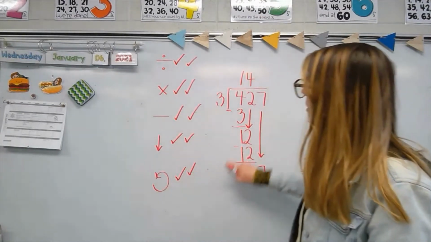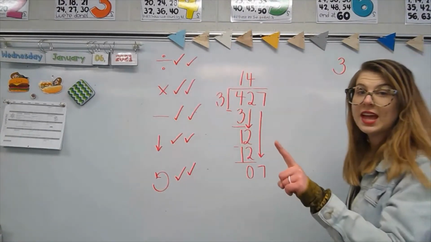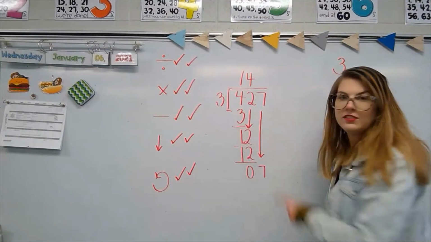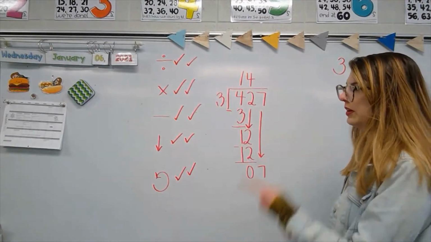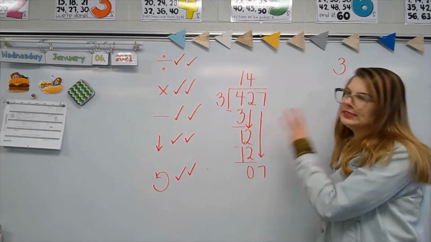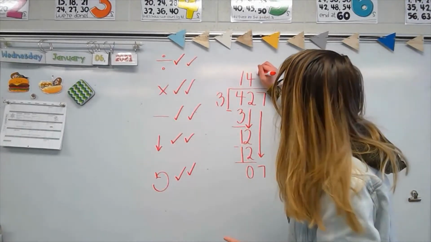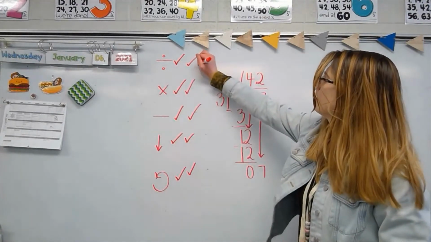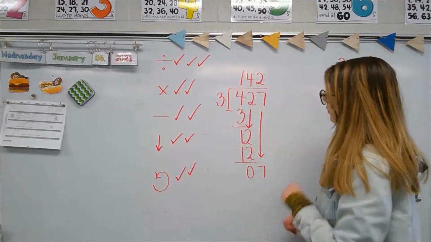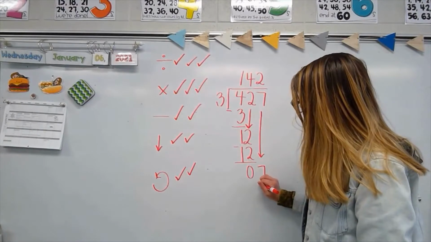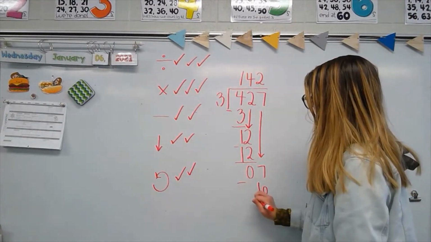And bring it on back to the top again. We're going to do our division all over again, only this time 7 divided by 3. How many groups of 3 can we pull out of 7? 3, 6, 9, too far. 3, 6, all right, 2 groups. 3 times 2 equals 6. 7 minus 6